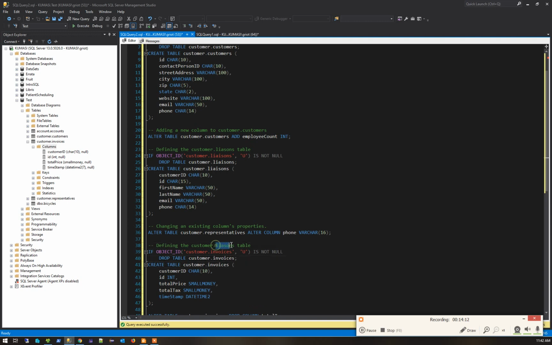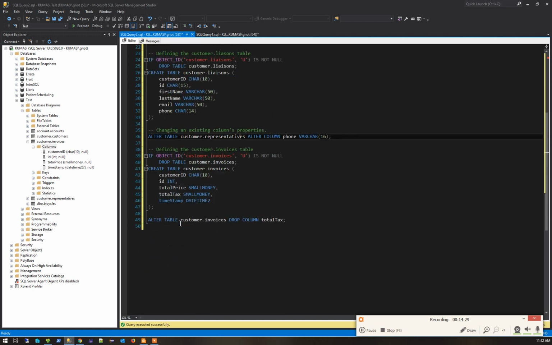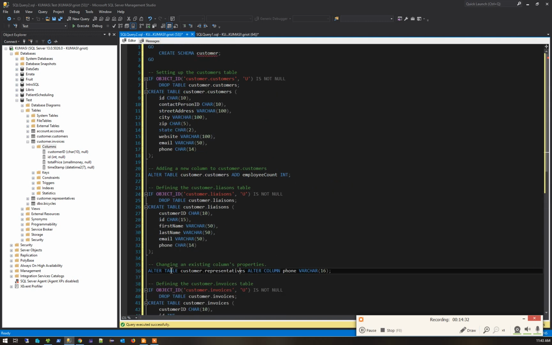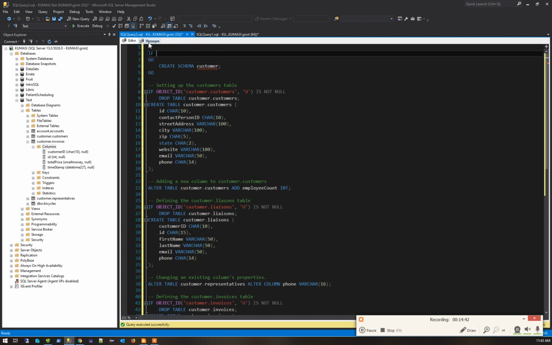Oops, Control Z. So I've made these tables, and you see I can now take, and I'm going to put something else over here. If schema ID customer is not null,